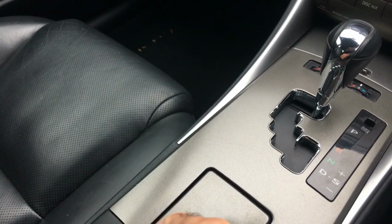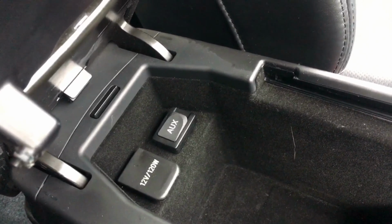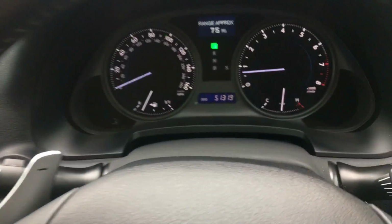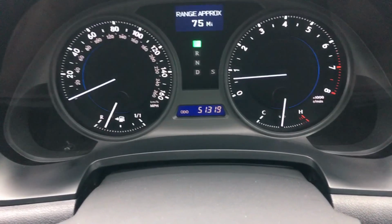Inside the centre storage area here, we've got a nice sort of cubby hole area, but you've got your auxiliary lead ports and extra sort of charging points in there as well. But really cleverly done. Coming across, don't know why I get out of breath doing this, but I always do for some bizarre reason. You can see there, engine running,